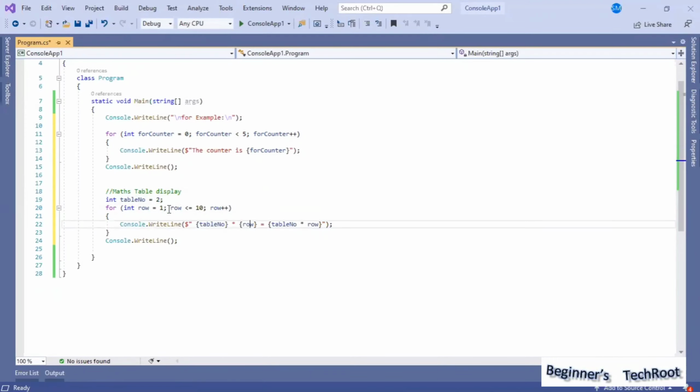So 2 into row is this value 1: 2 into 1 equal to the value of 2 into 1. Similarly, 2 into 2 equal to the value of 2 into 2, 2 into 3 equal to the value of 2 into 3. Like that I am planning to write the mathematical table 2 up to 10 multiples. I am just going to display this, how it works.